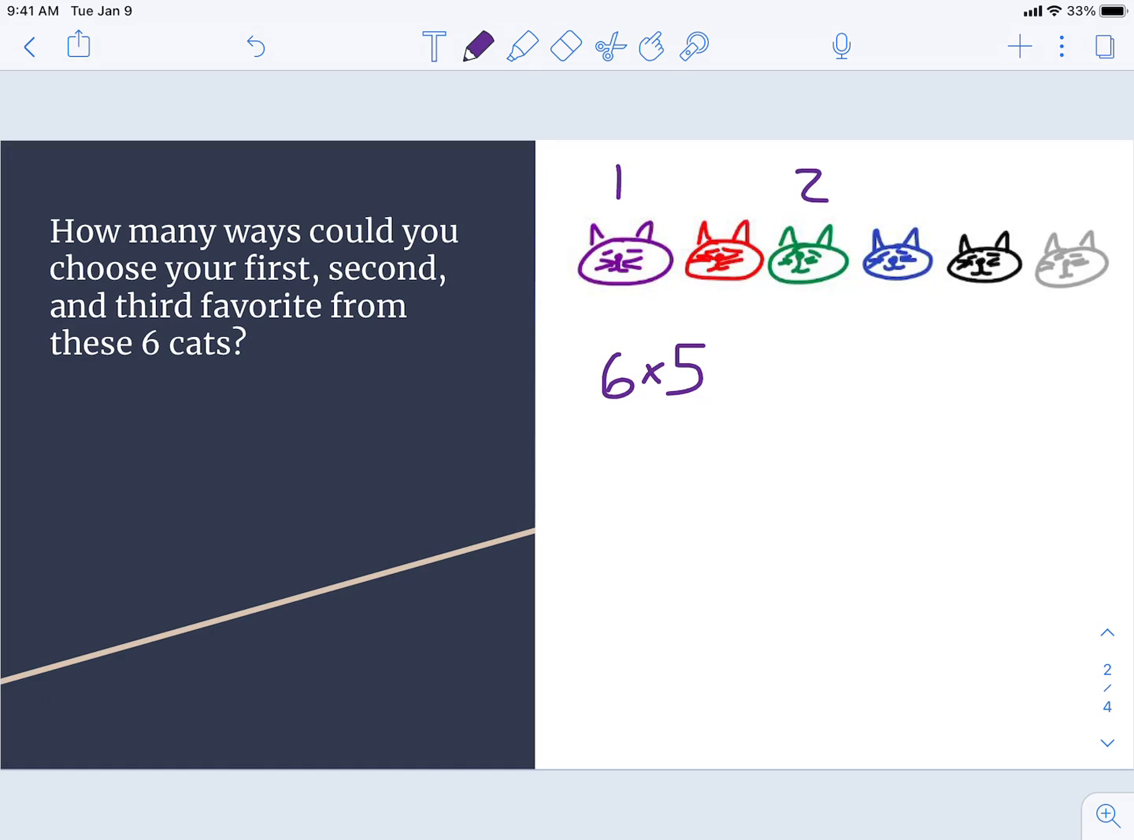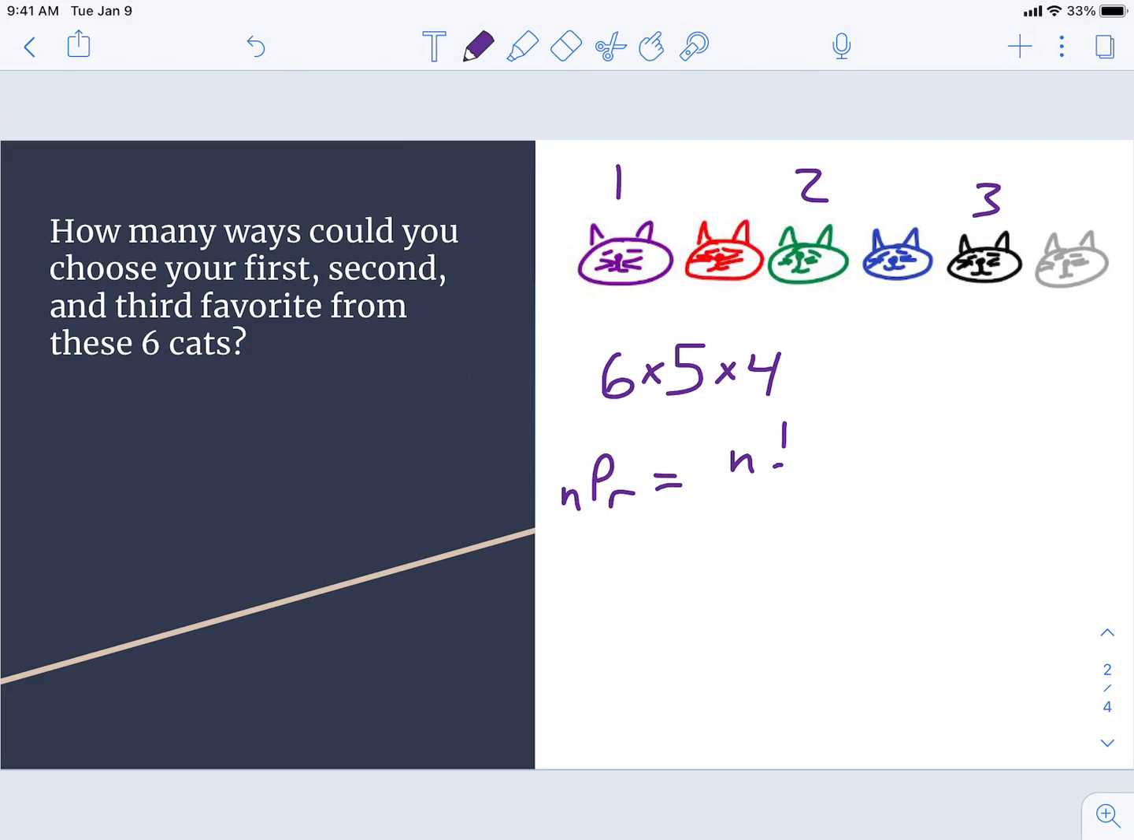Then how many choices do I have left now for third place? And the answer is 4. I have 4 choices. So we'll choose the black cat for third. That's going to give me the total number of ways that I could choose first, second, and third favorite from these cats. Now, if we look at this for the nPr formula,